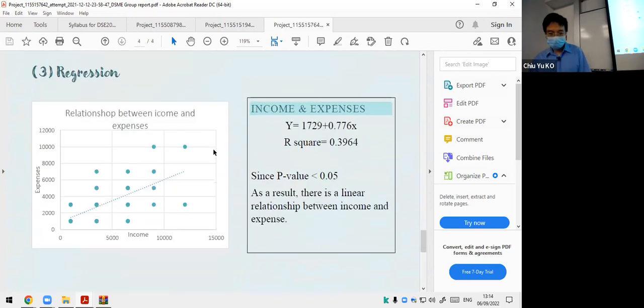And is it going to be earn more, spend more? The answer is yes, the slope is positive. So I think X is the income and expense. This is called the scatter plot. We'll cover it in chapter 1, like if higher this and higher that. So it's a linear line there. Regression is basically in this plot, you find the best line.